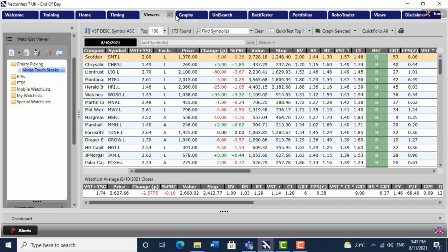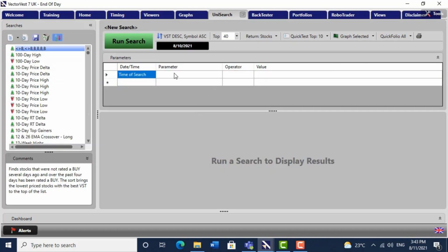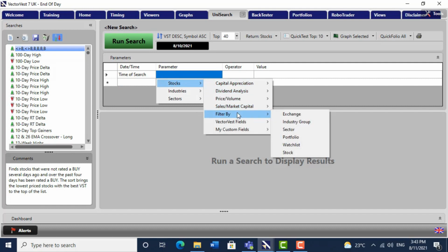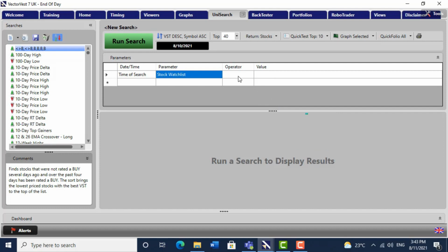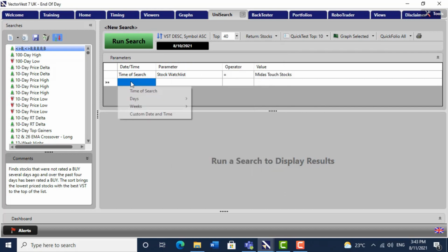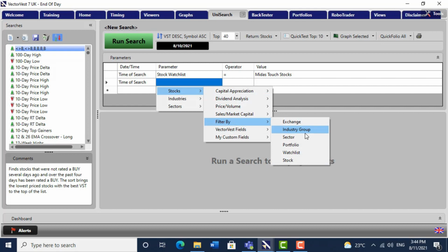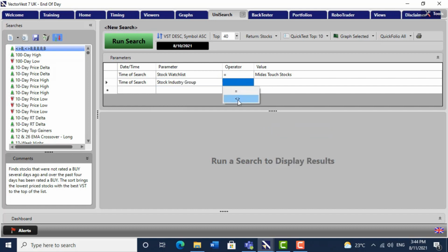Now, there's an awful lot of investment trusts in here, and I know many of you love investment trusts, but I'm an old-fashioned share trader. So many people ask me, how do you get rid of the investment trusts? If you go to Unisearch, just write a little search: time of search, parameter, stocks, filter by, watch list, equals, under cherry picking there's the Midas Touch stocks, and then time of search, stocks, filter by, industry group, not